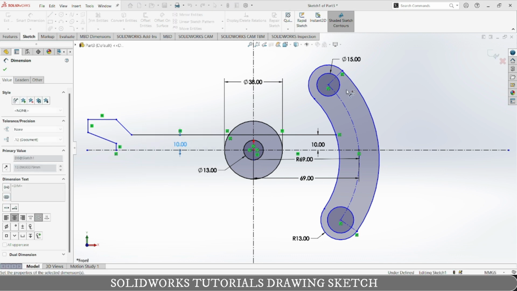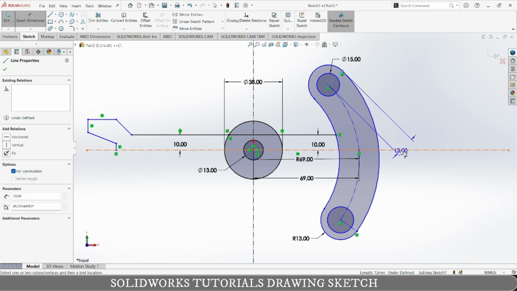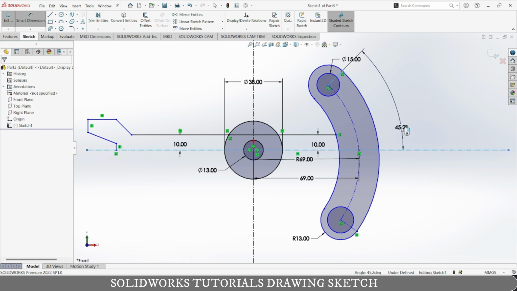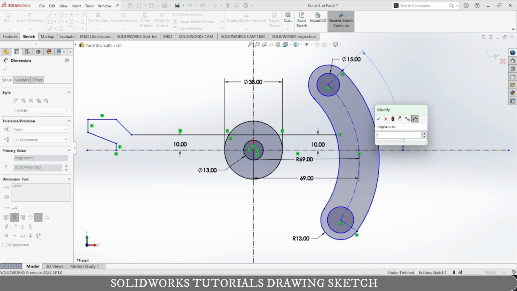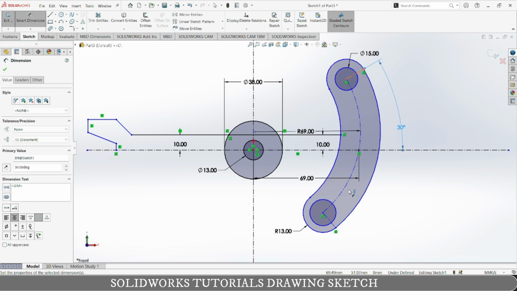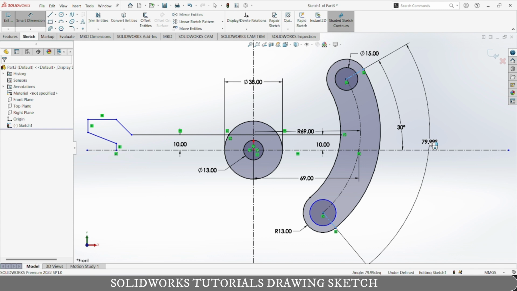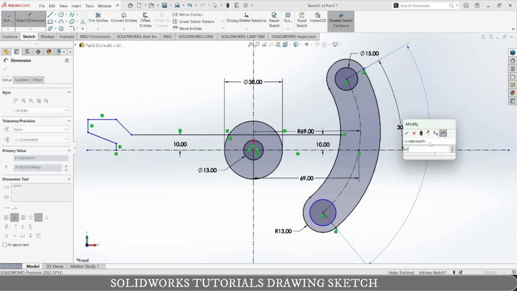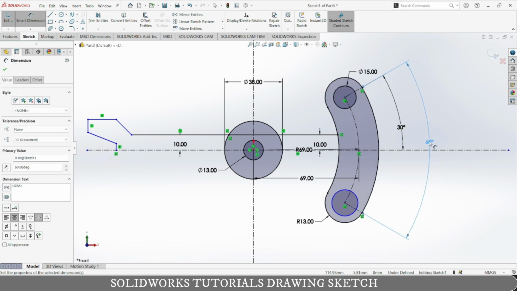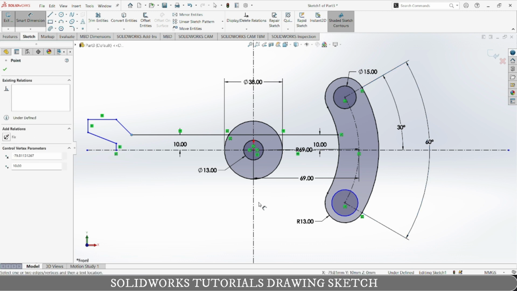Now one more thing, this slot should be symmetrical, so this angle must be 30 degrees, and overall angle is 60 degrees from here to here. It is 60 degrees. Now it's symmetrical. Now this arc is symmetrical,